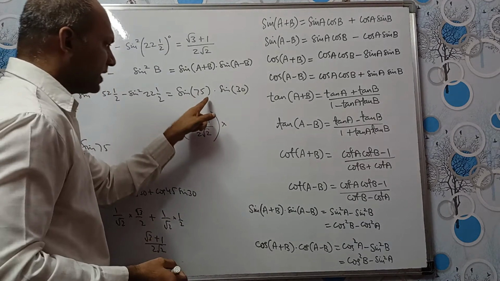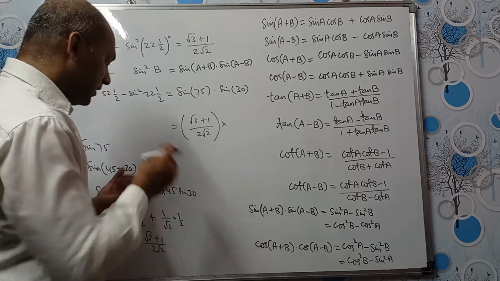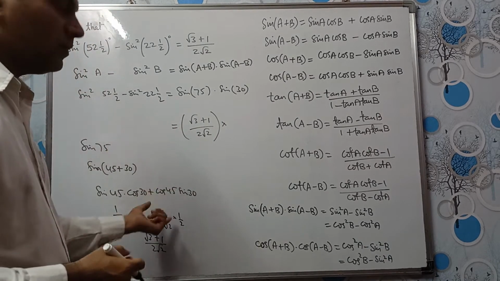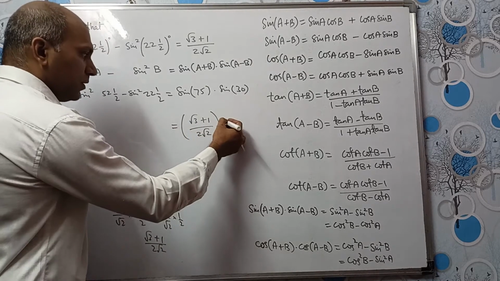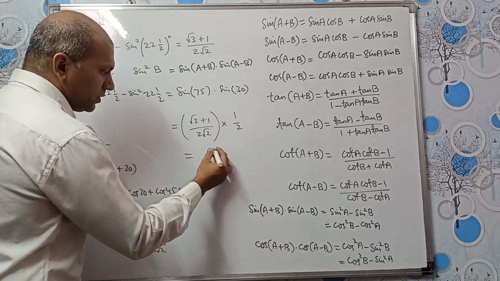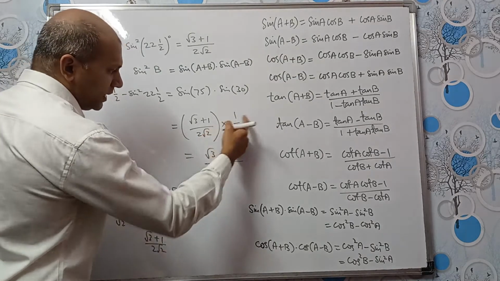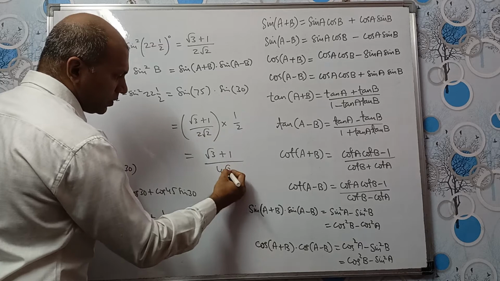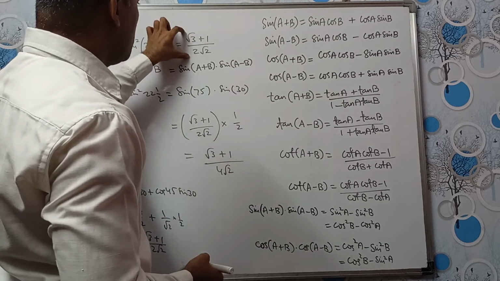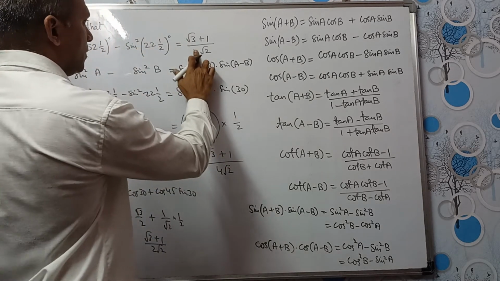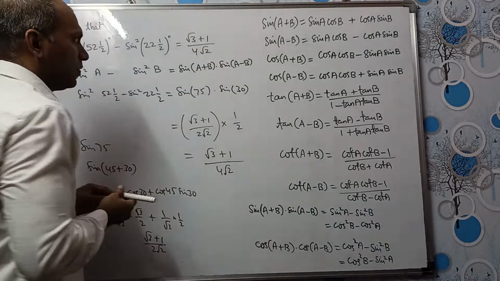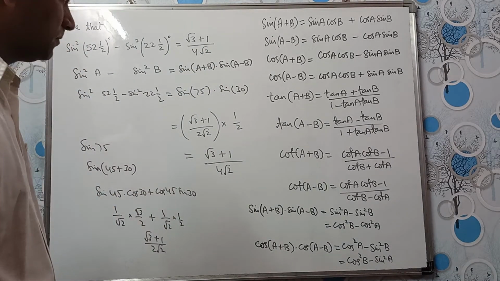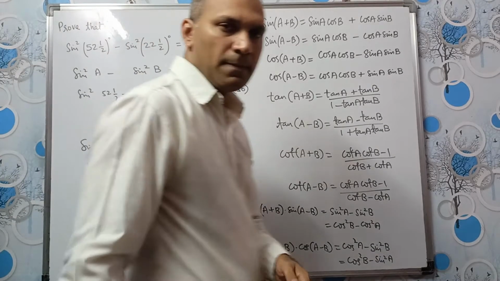If you remember what sin 75 is, you can directly write it. In case you don't remember, you can derive the value like this also. We know sin 30 is 1 by 2. So this will be root 3 plus 1 divided by 2 2s are 4 root 2. So we needed to prove that. Sorry, this is 4 root 2. So root 3 plus 1 by 4 root 2. Alright, I hope this is clear.